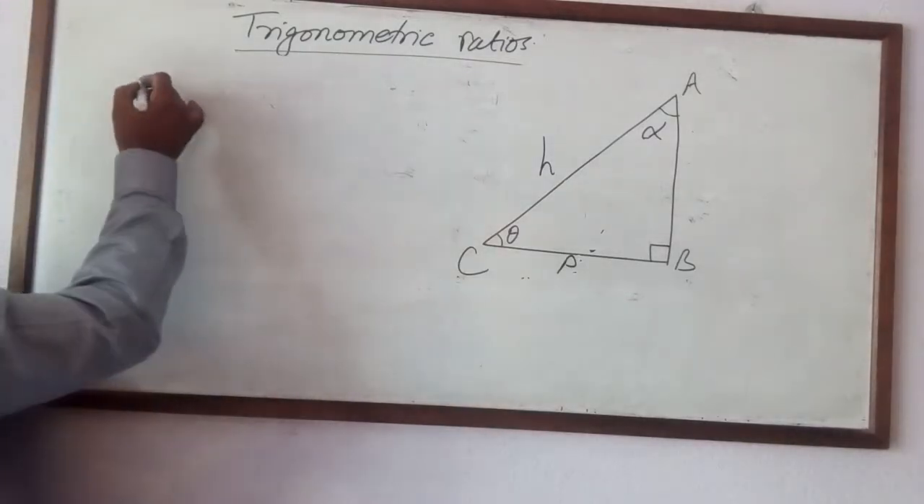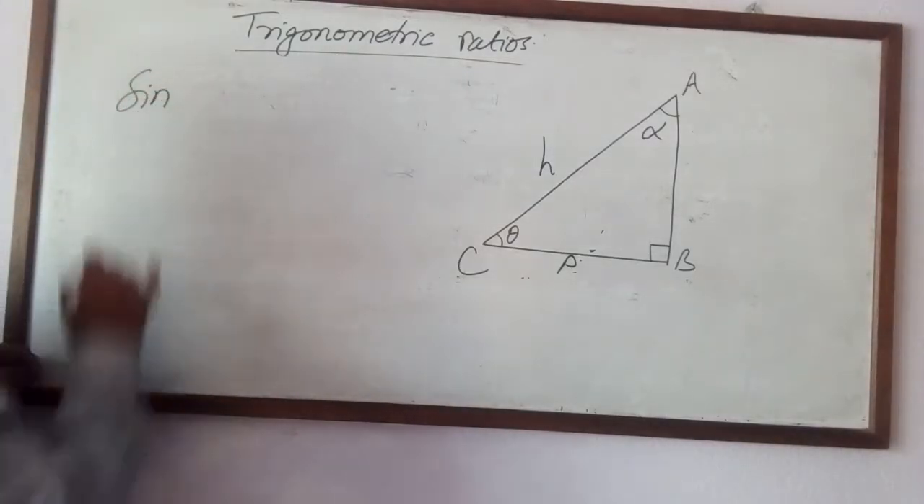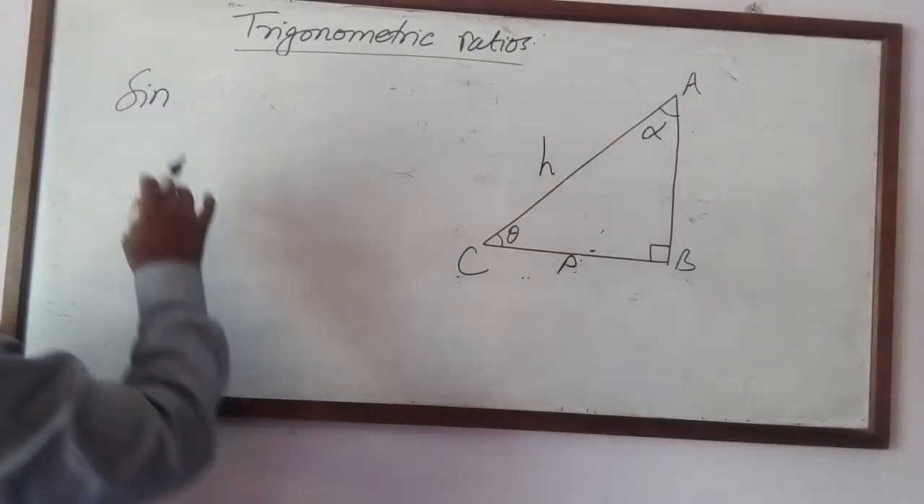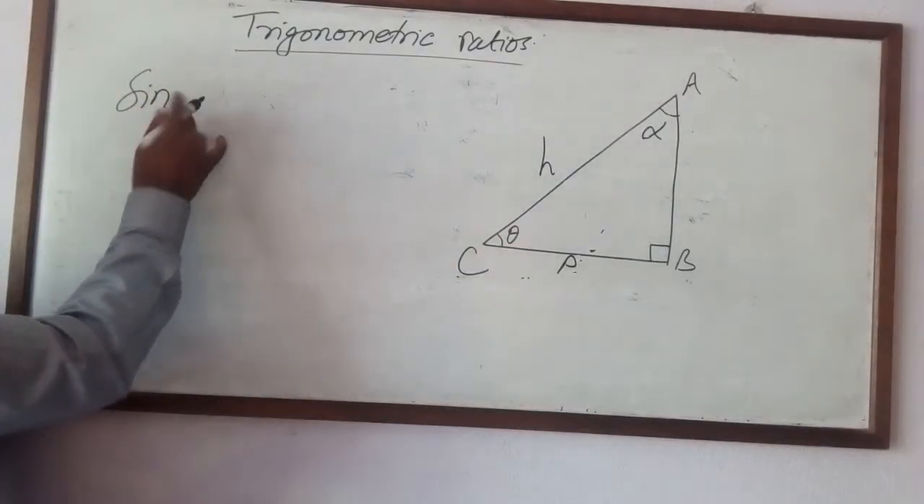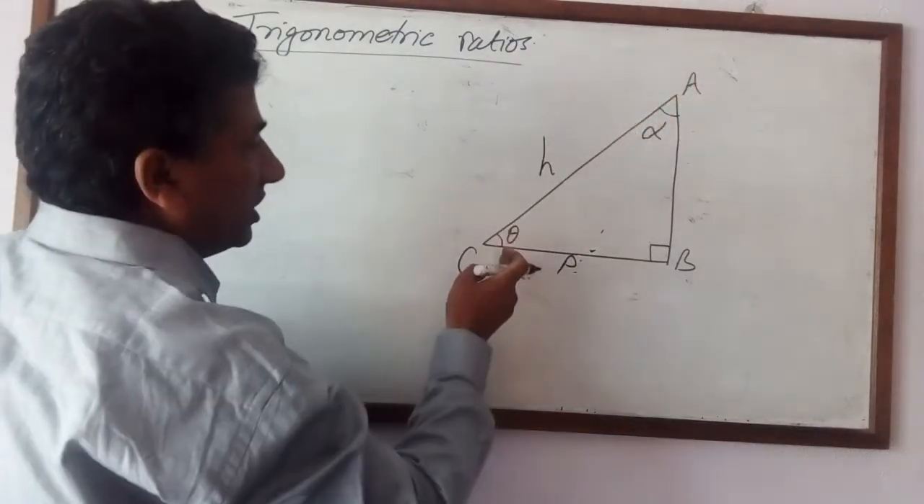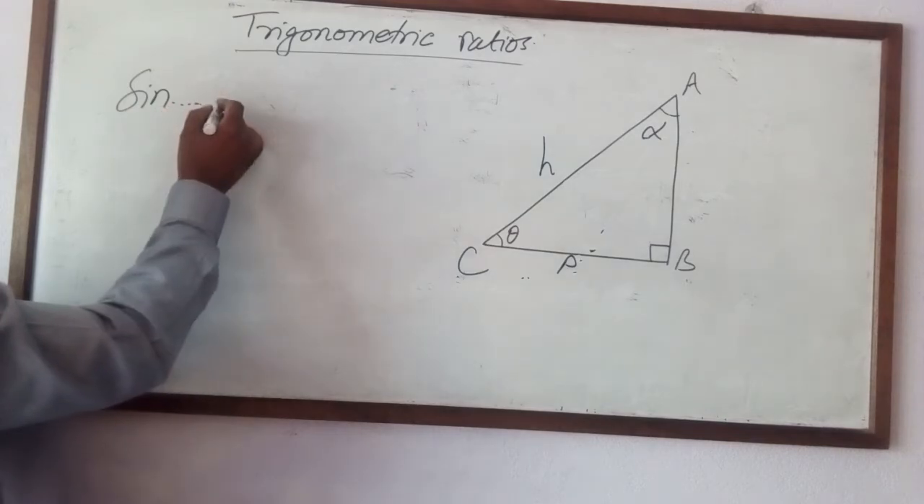Okay, sine. What is the meaning of sine? First of all, we have to mention the angle. Which angle do you want to take, A or C? Now, sine means ratio